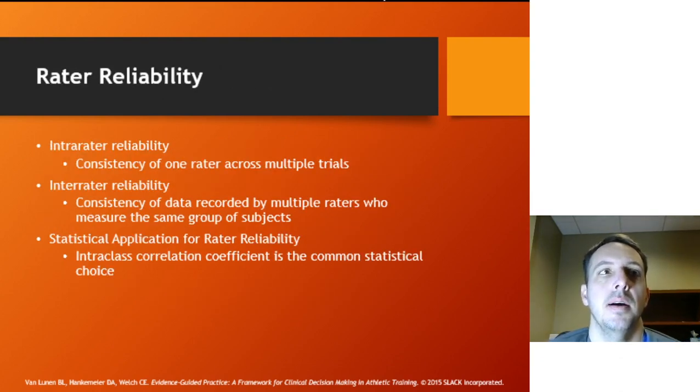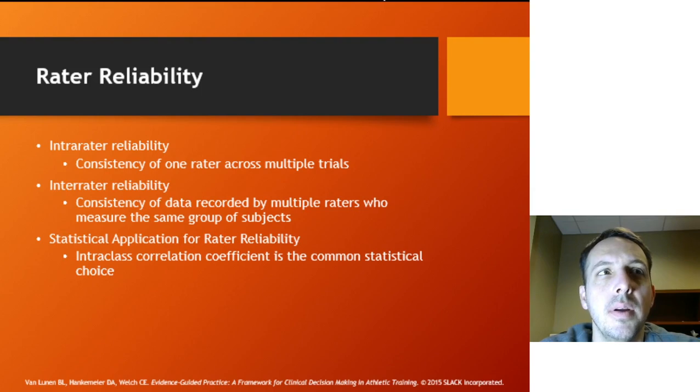So to remind you on some of the definitions, intra-rater reliability is defined as the consistency of one rater across multiple trials. And so it's the single rater, and basically intra-rater reliability has more to do with how that one rater goes about doing things, and will often correlate more with the reliability of the instrument